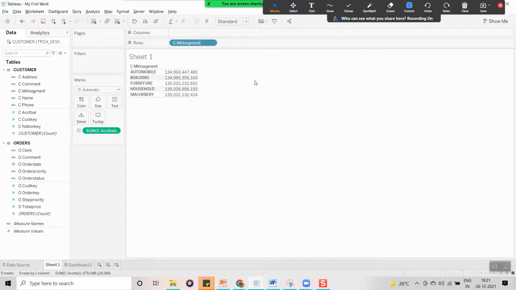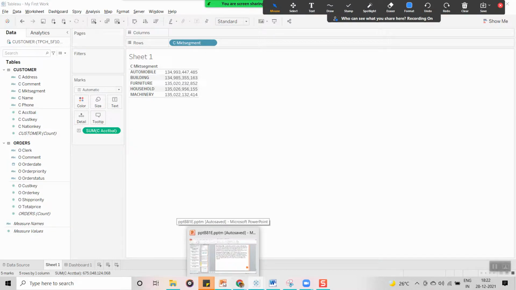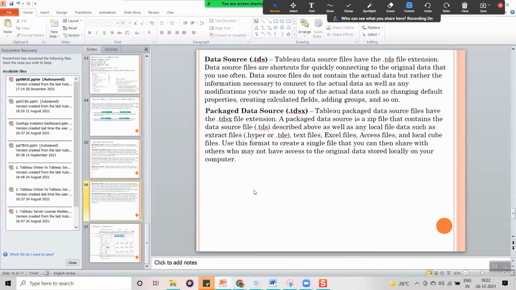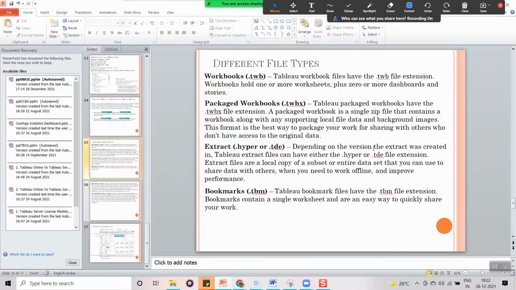Is it clear? Don't feel worried, because these are theoretical things, the basics. That's why I could not show the exact difference now. Once we start, you will know the exact difference.